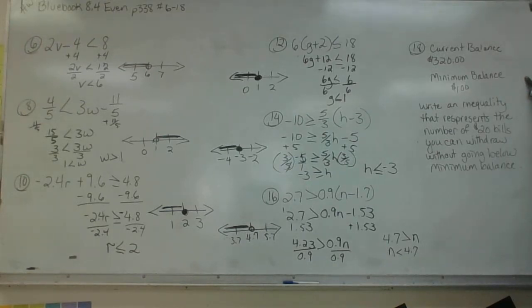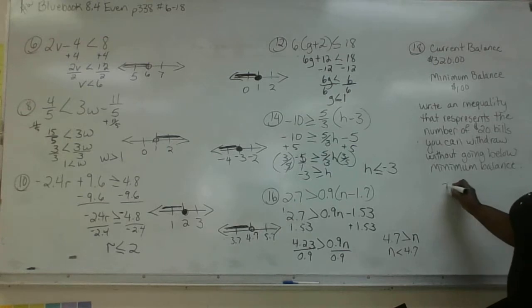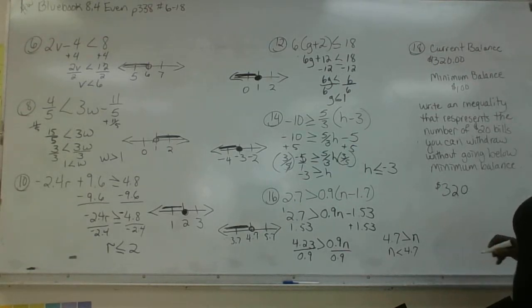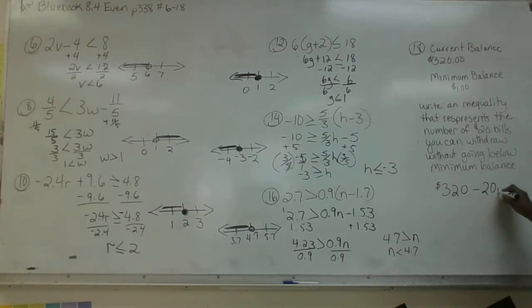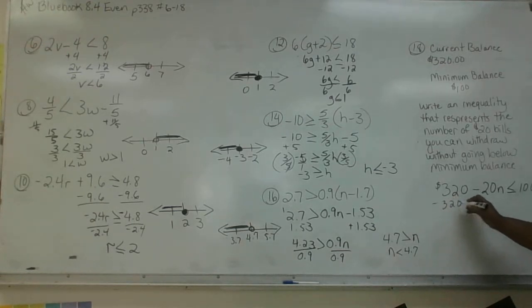subtract. Okay, so then what happens is if you have $320, minus your $20, but you don't know how many $20 you can do that. And you want to be sure that you do not go below 100. So it has to be less than or equal to $100. Okay? So now, from there, we move forward here with our inverse. So we have negative 320. So negative 20n is less than or equal to, in this case, we have negative 220,